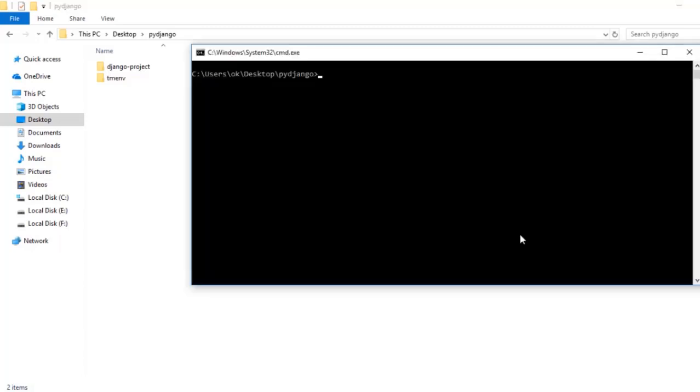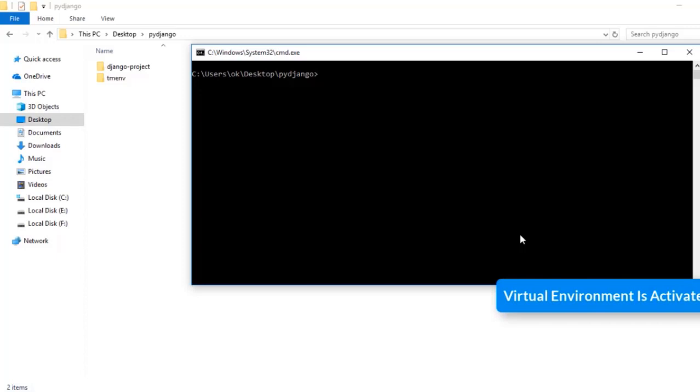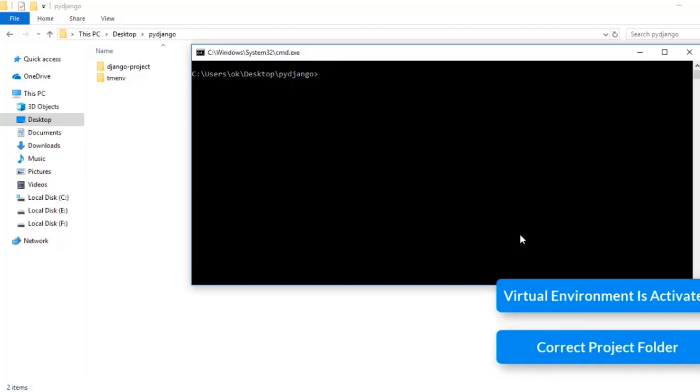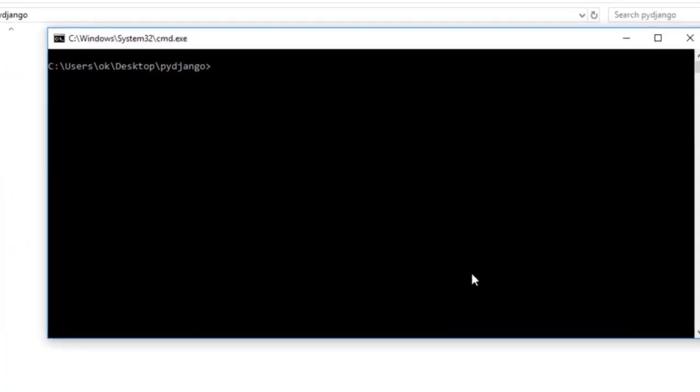Now to start a project or doing anything else with your Django application on terminal or CMD, make sure you remember 2 points. The first one is that your virtual environment is activated and the second one is you are in the correct folder. So first let me activate my virtual environment. Remember to use tab for auto completion. It would be quite easy for you to enter into any directory.